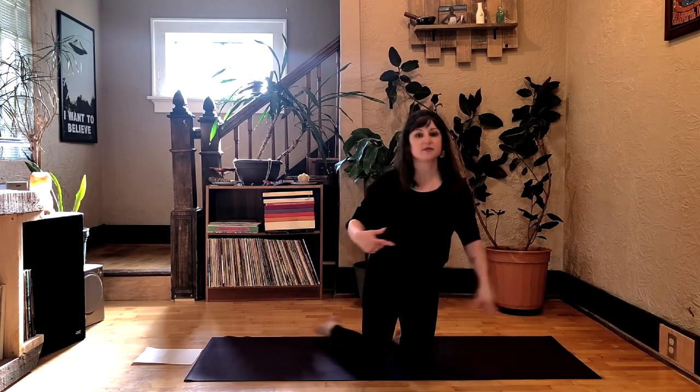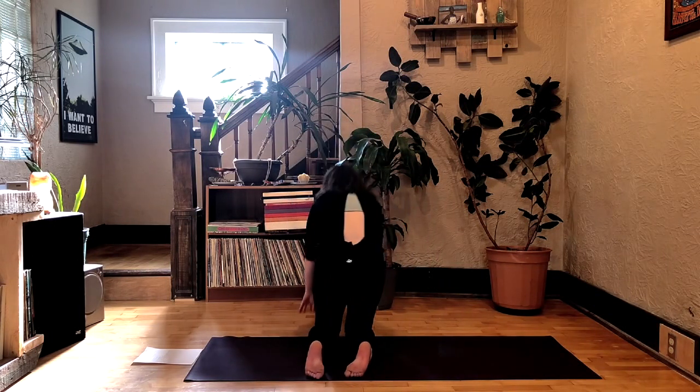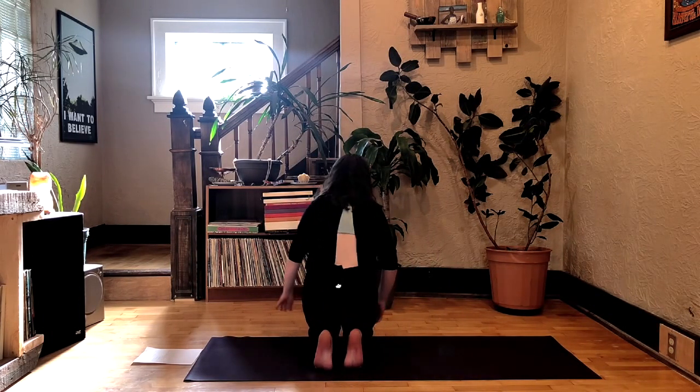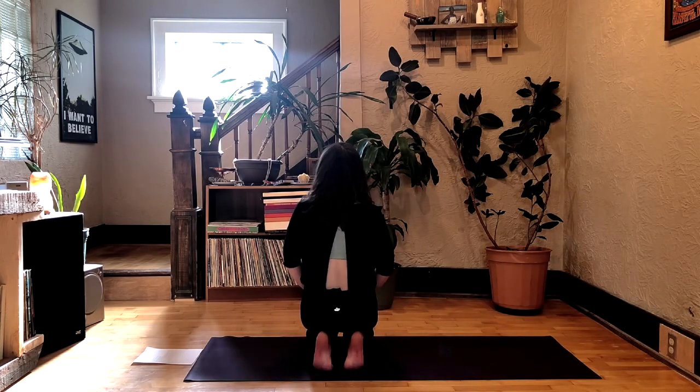So one more deep inhale here. And exhale as you come up to your knees. I'm going to turn around so you can see my feet better. We're going to do a foot stretch. A lot of people don't like this one, especially if you have tight feet, but it's really good for foot health. So you're going to curl your toes so they're on the mat. Then you're going to lean back, and this is where you're going to get a nice juicy sensation in the